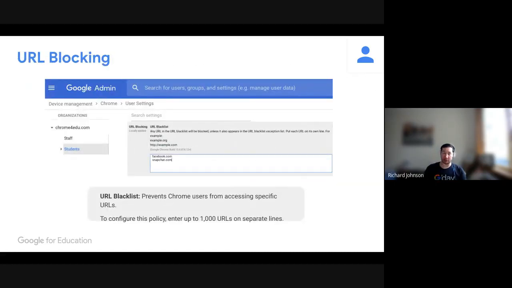Now, URL blocking is an interesting one. So we've put the URL blocking capabilities in the admin console, and this is great for stopping access to known sites. However, it's not the end all and be all of filtering. I like to use it as a temporary solution so that while you're waiting for your proxy filter service to kick in, you can put websites in here. So an example of this is you're teaching a class and then all of a sudden someone's showing you a funny site that they shouldn't be on. Go in here, put it in the URL blocking, go and talk to your proxy provider and tell them about the website. And they'll push it through your network. As you can imagine, that takes time to propagate, and this is where this comes in really handy.